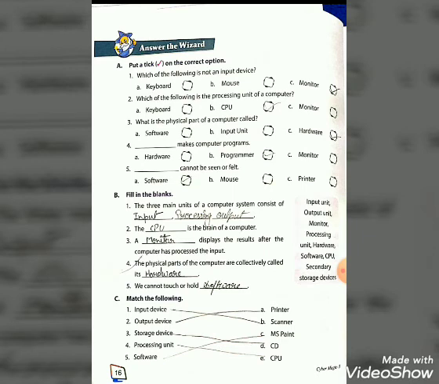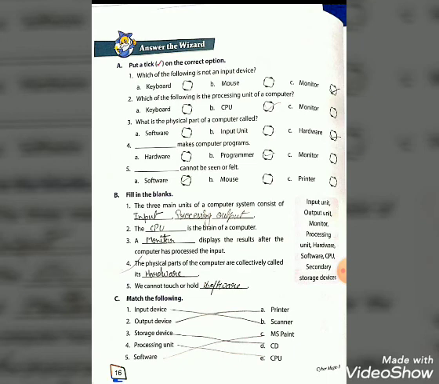Now come to the next question. C. Match the following. Here you have to match the following. Devices are given: input device, output device, storage device, and fourth one processing unit, and fifth one software. Then what is input device here? Your input device is scanner,